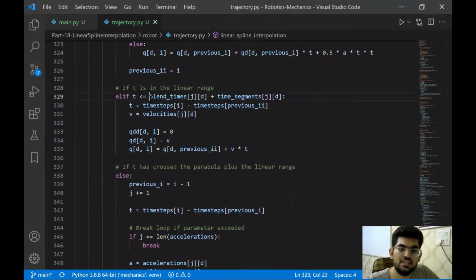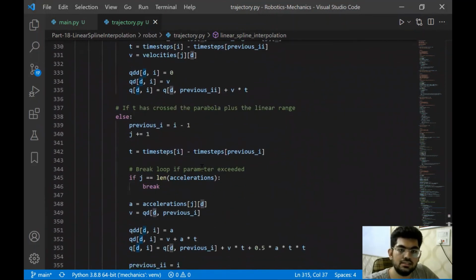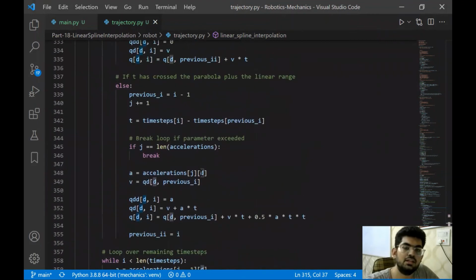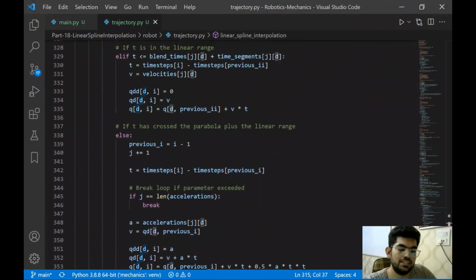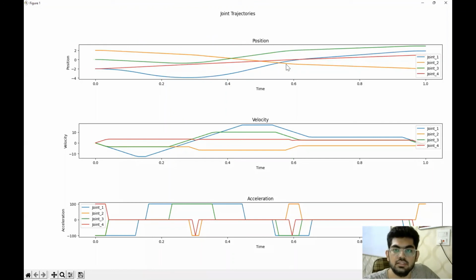If the blend time is really small and t is not able to fit in the first case, that's the reason we need to update previous I as well, to maintain the continuity of the complete trajectory. All right, now let's run this again. And we have this. Now there is no inconsistency over here and everything seems perfect for now, but more errors will be realized when we do the unit testing, but currently everything looks good.